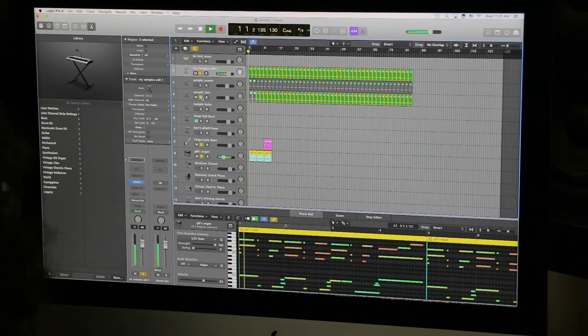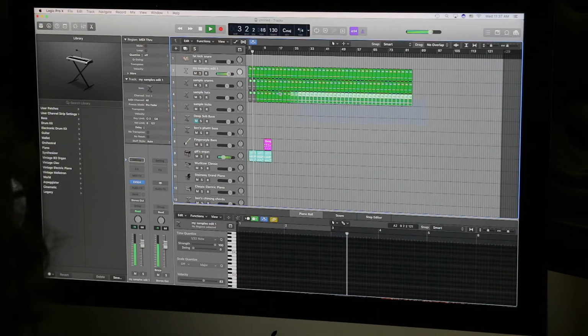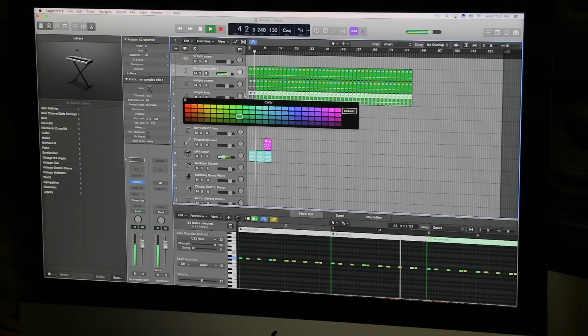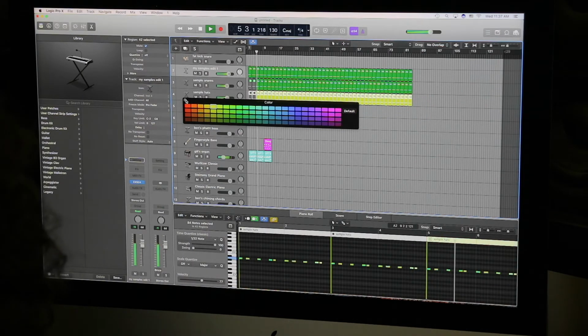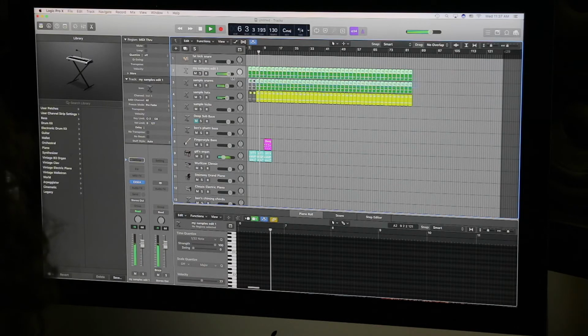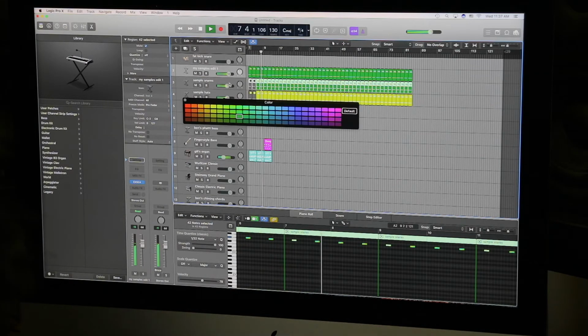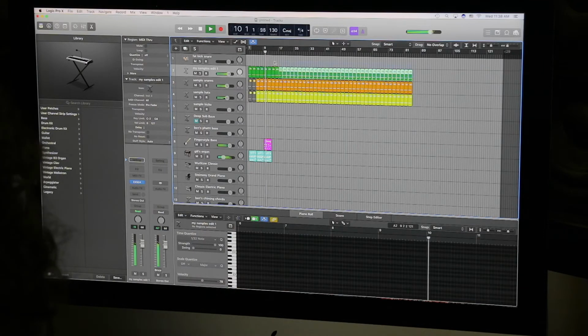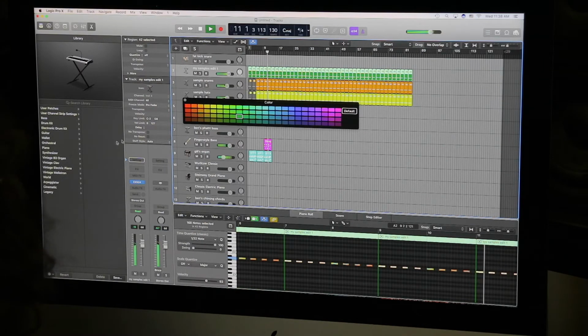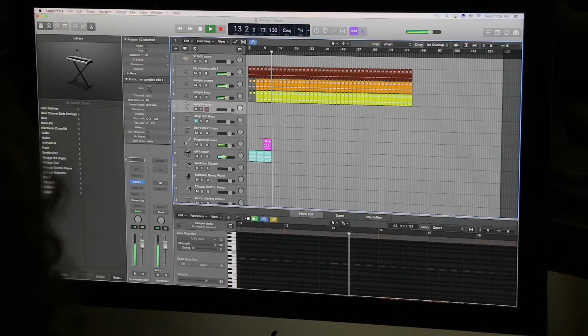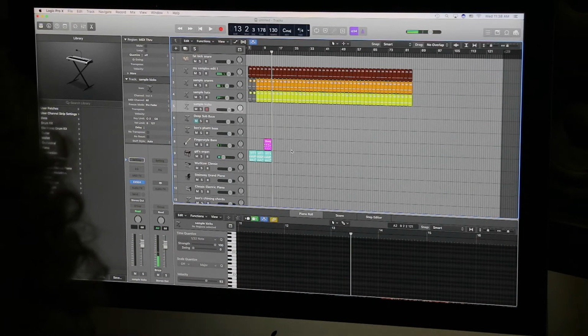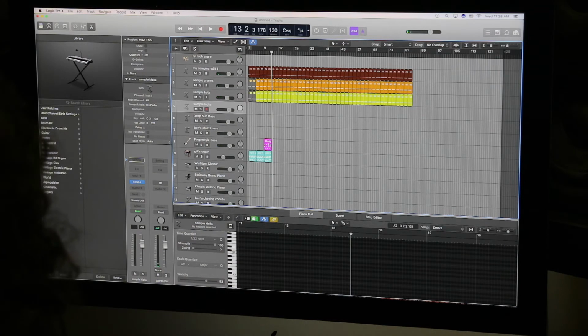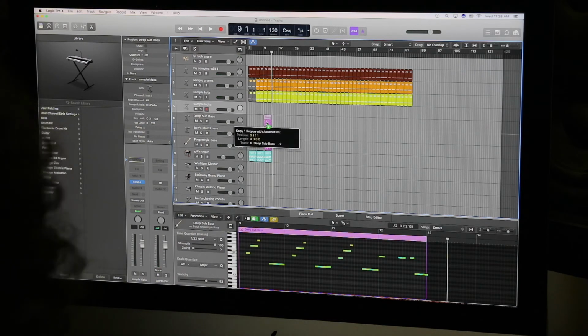Hats. Cool. What I'll probably do is combine this kind of bass sound with the sub bass sound together.